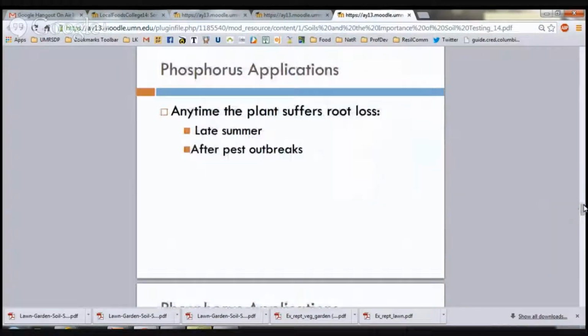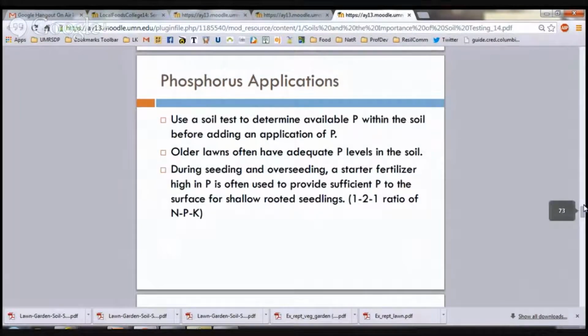In addition to applying phosphorus when you just seed, sometimes when you have summer stress or a lot of pest outbreaks, we can apply phosphorus, if the soil test tells us that we're deficient, to help recover from some of those stressful situations. If you do have stress, though, potassium is the best one to put down. So I'll move on